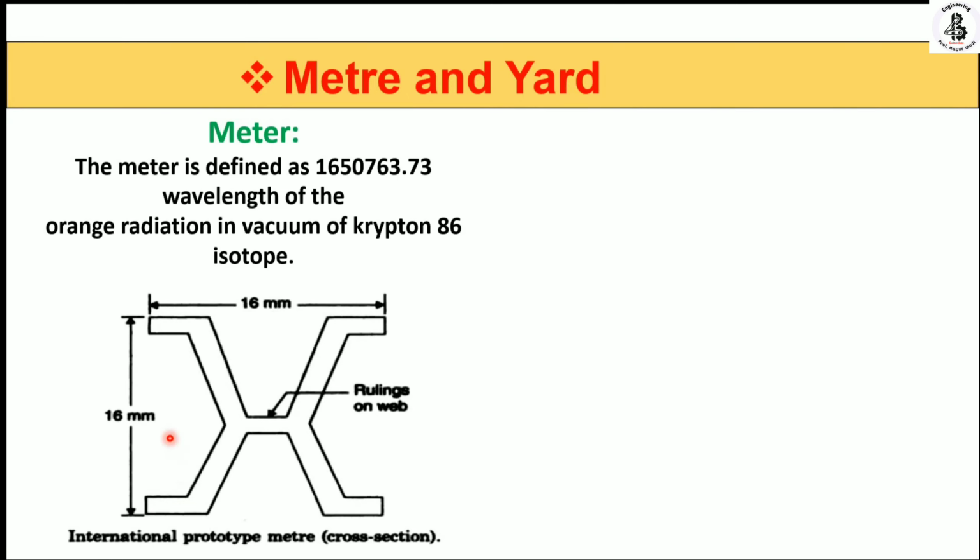So this is our meter standard, and the international prototype meter is kept by the Bureau International des Poids et Mesures in France. These are the basic advantages of the meter, but this meter standard also has some disadvantages. These meter standards are generally influenced by variations in environmental conditions like temperature, humidity and pressure.